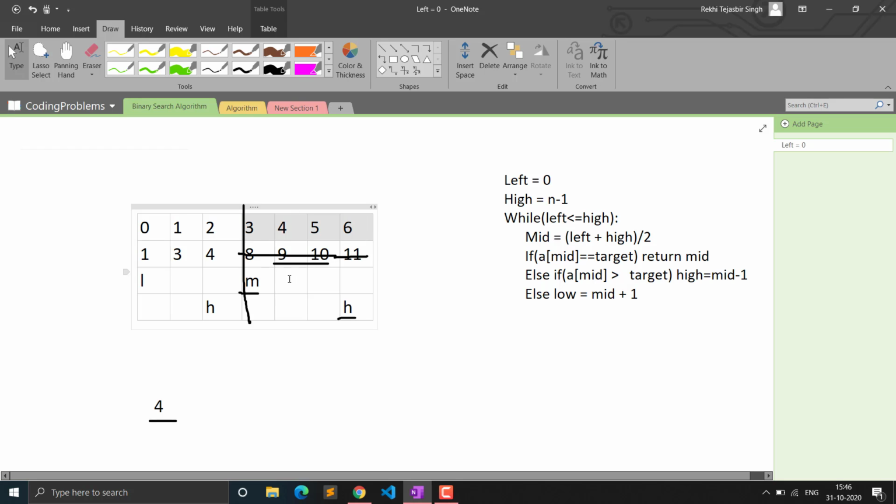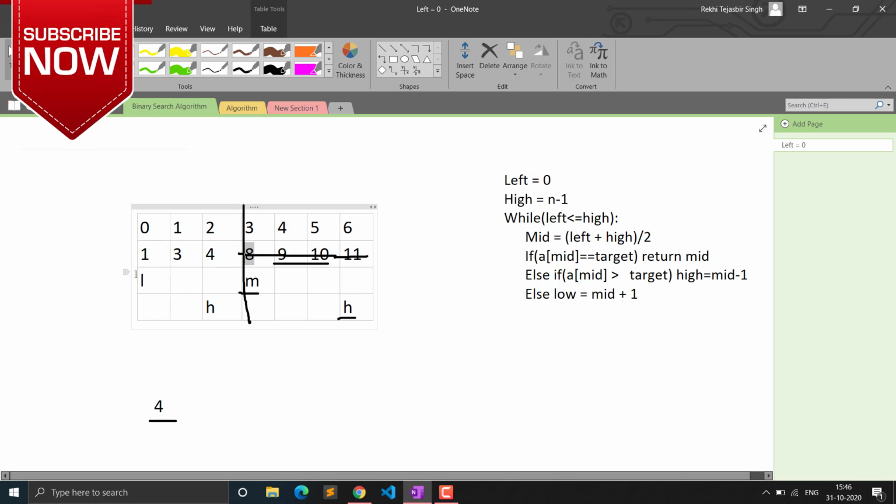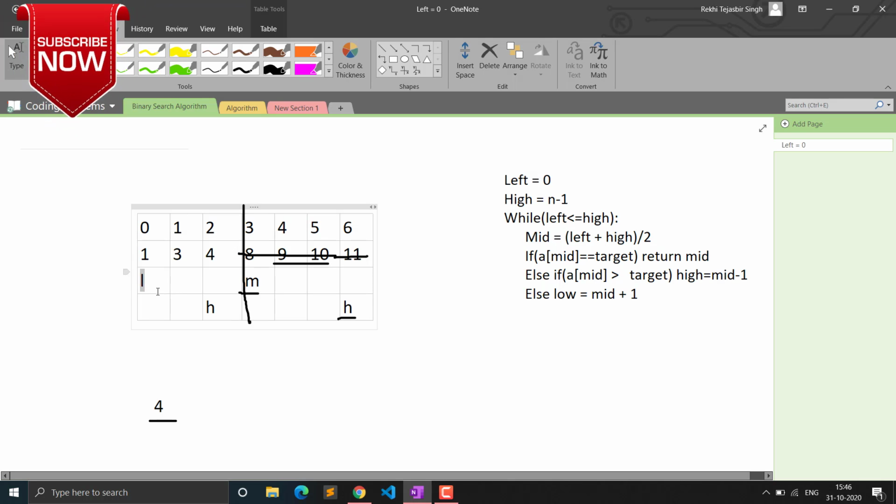It is using the property of a sorted array, and we are comparing it with the sorted array. And you can see the third condition will be if the value we are searching for is greater than 8. So if we are searching for 10, then it is greater than 8, so it will not occur before it, it will occur after it. So that means we will simply set our left to mid plus 1, so it will come here. So that is how we do a binary search.